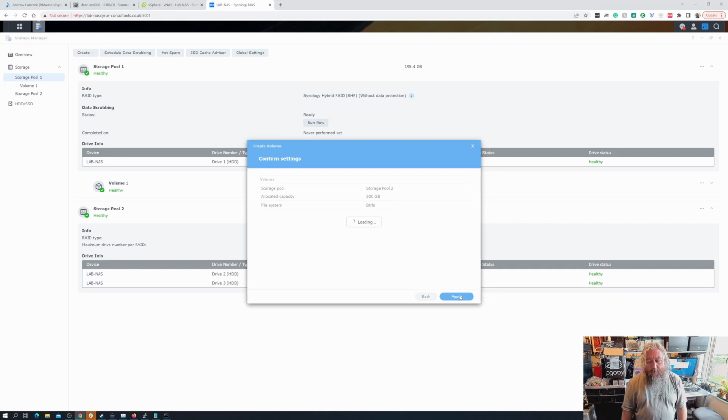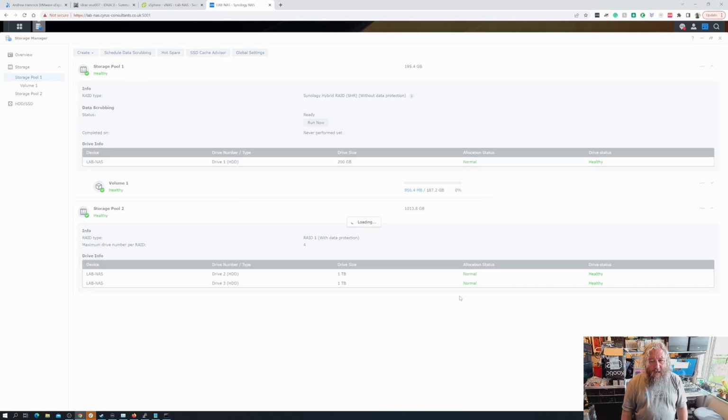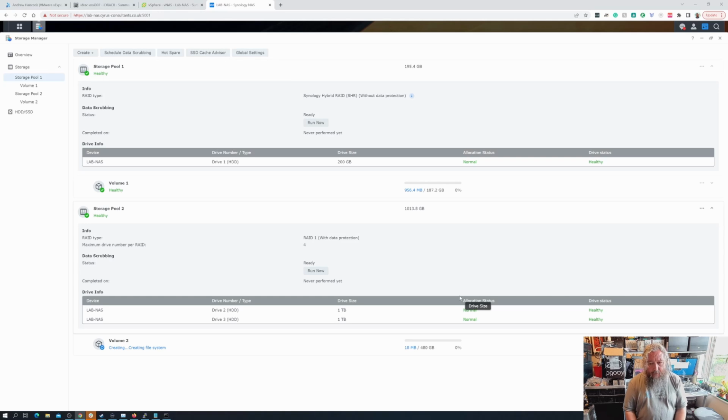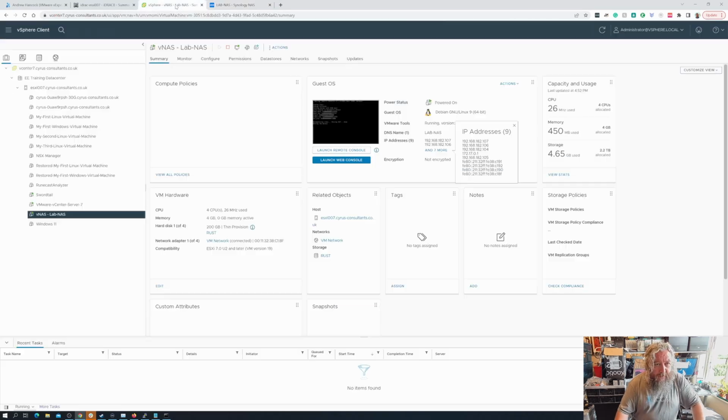Shouldn't take too long. So now that's formatting the disk, formatting the RAID array with the btrfs file system. So that's healthy. So that's some of the preparation done already. You may have already done that on your Synology NAS. If you've got a brand new Synology NAS, then that's how you would provision storage. So let's just drop back to our